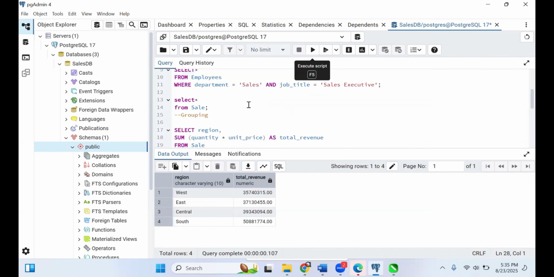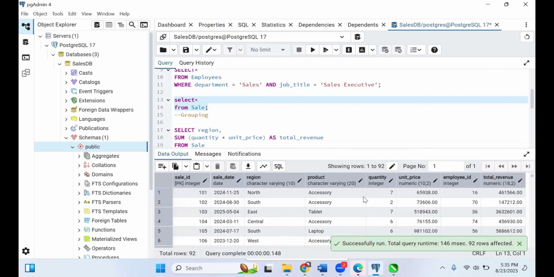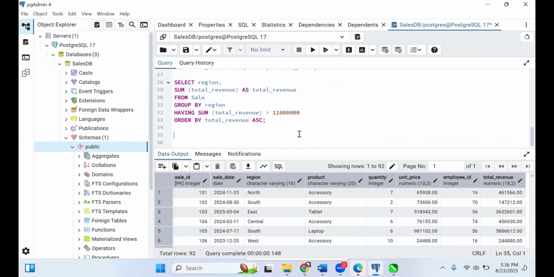Let me see which I will use now. Let's work with this and see. We have quantity, okay. So let's write this now. Let's say we want to select region, as we have been doing. We select region and we want to sum our total revenue, and it should come out as total revenue,